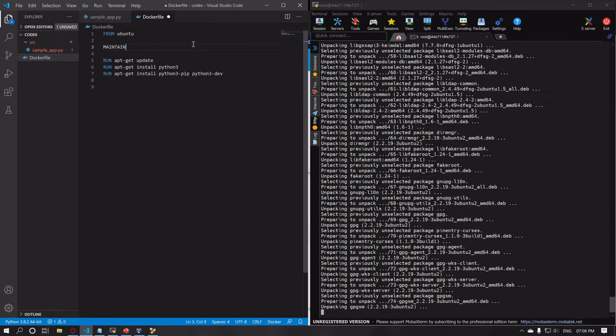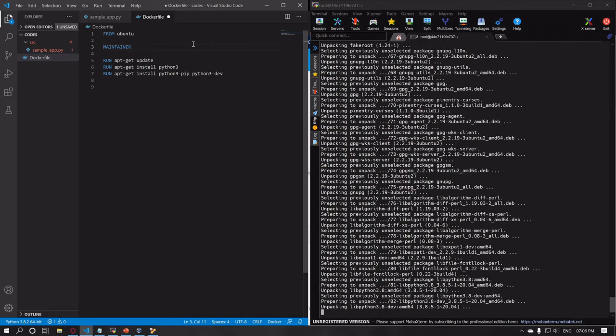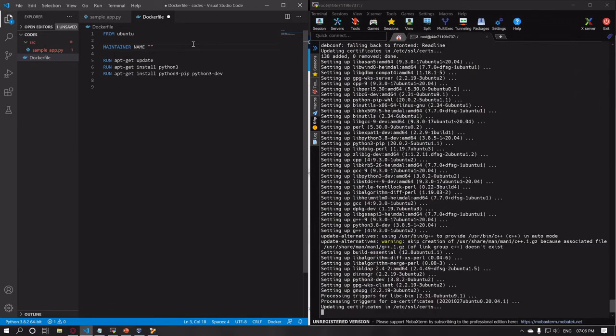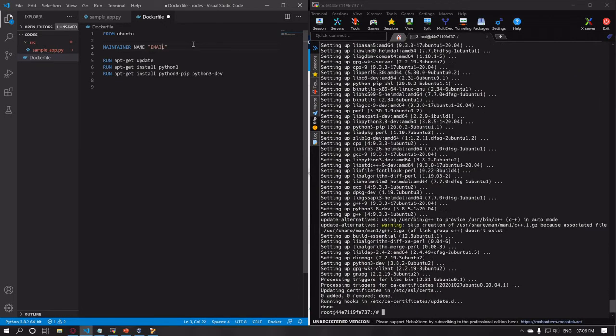Now an additional thing here, we can have a tag called MAINTAINER. Here we can write a format like the name of the maintainer, then within brackets the email of the maintainer. So let's say